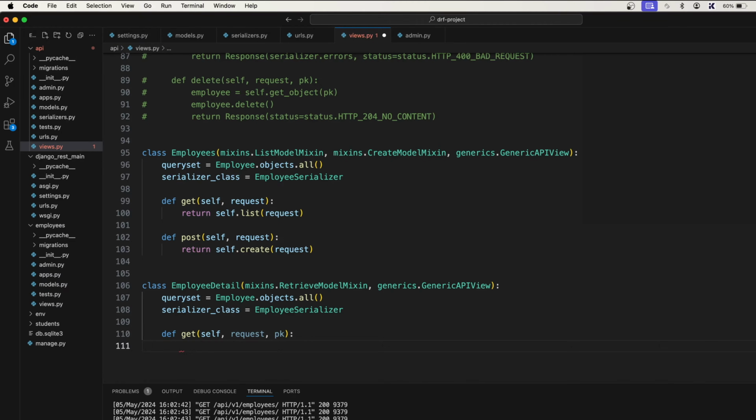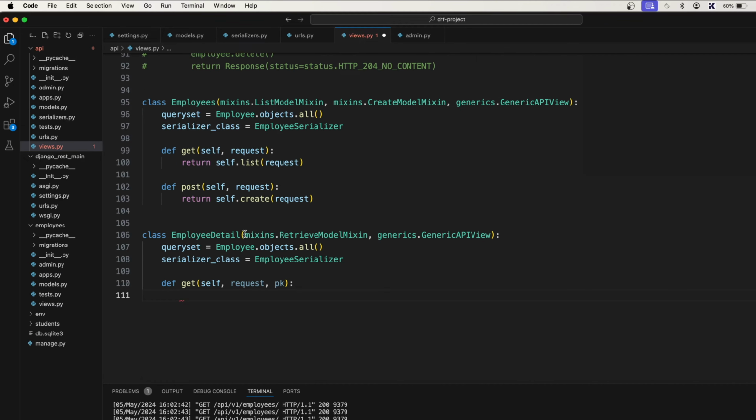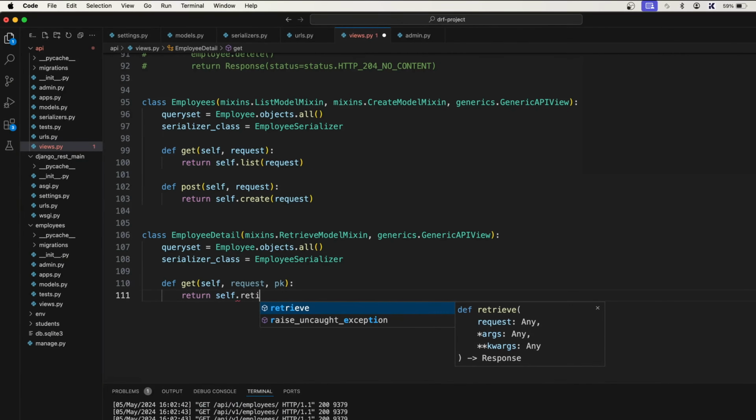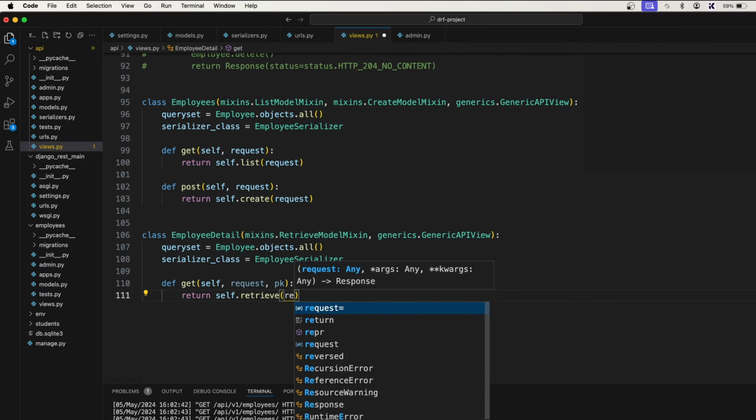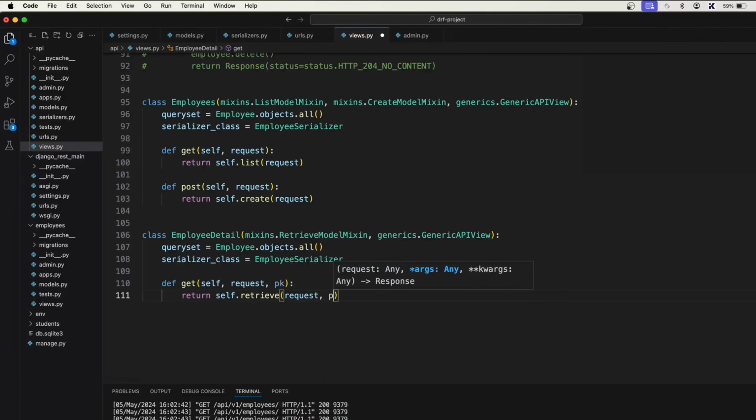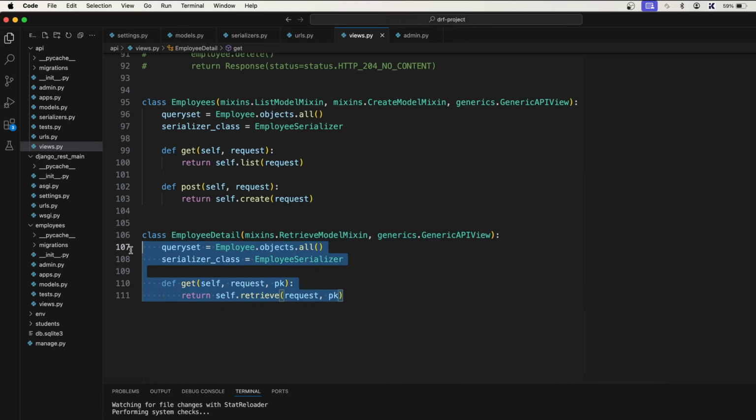Okay, and next you see we are using mixins.RetrieveModelMixin, right? So the inbuilt function it provides is retrieve. All right, so that's why we'll return self.retrieve, and it will take a request comma primary key. That's all. Okay, so now with these 5 lines of code you will be able to retrieve the single employee